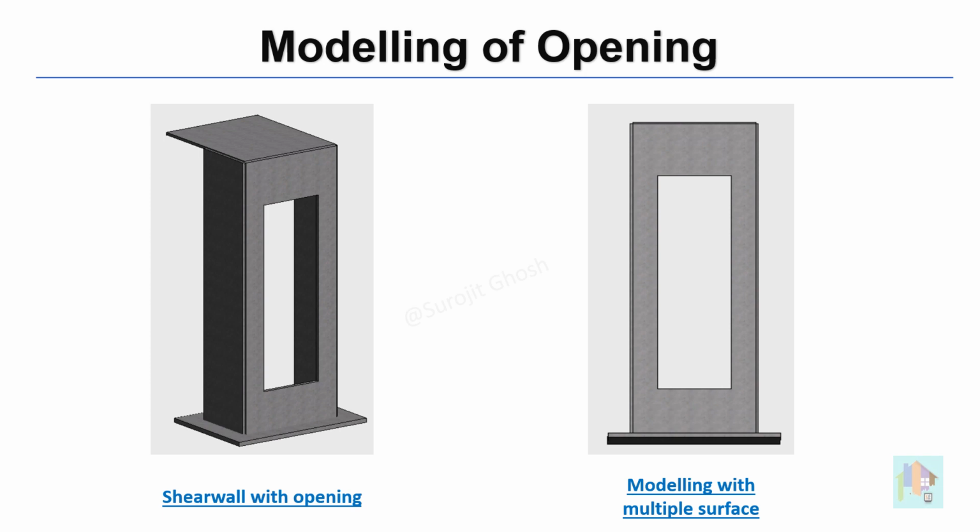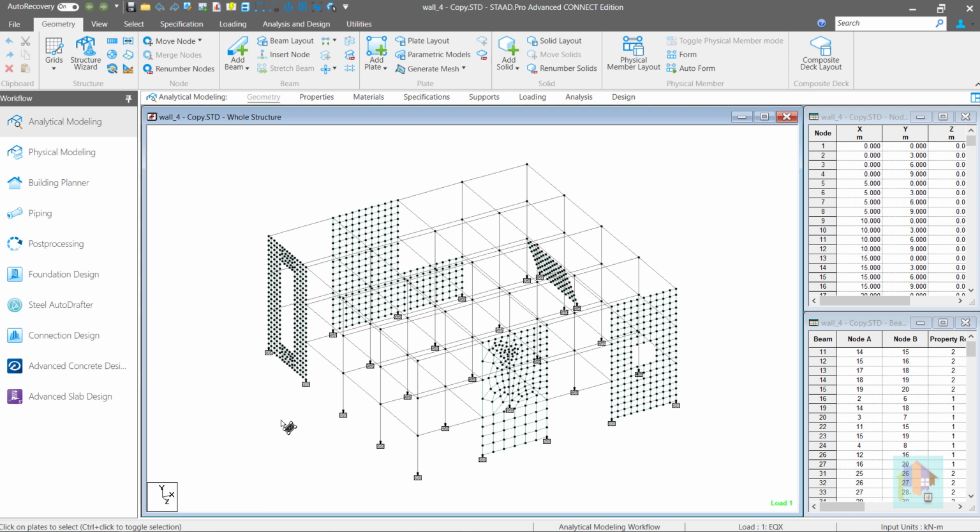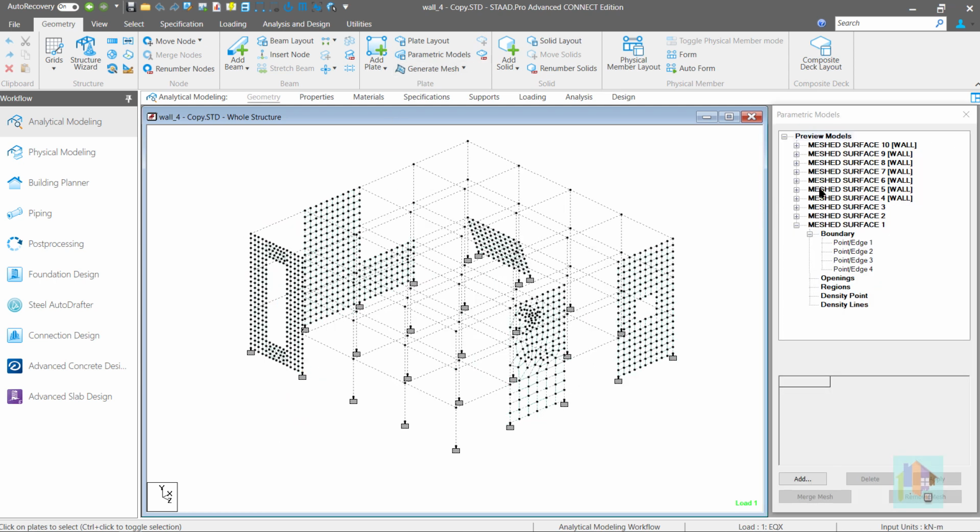For large openings, it is better to model the walls separately as individual strips. To model this wall with opening, I have used 4 separate surfaces, 2 vertical strips and 2 small horizontal strips. We can design the walls individually in RCDC and then create a group for uniform reinforcement. Until the opening and extra reinforcement for coupling beam is considered for design, this can be used as an alternative